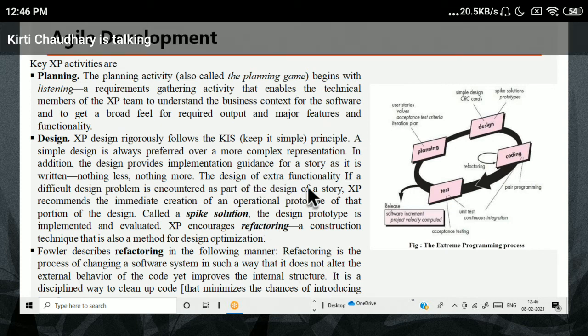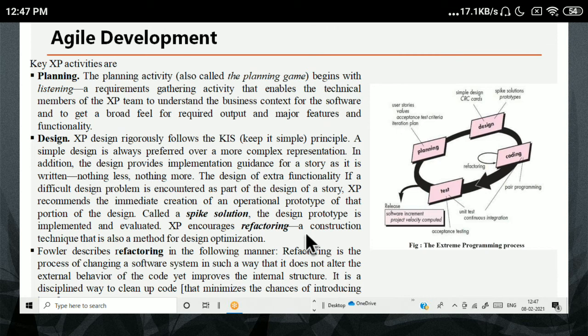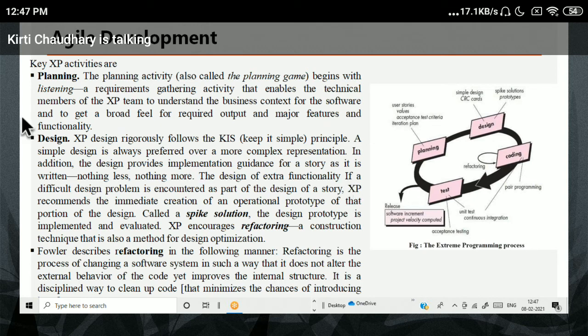The design of extra functionality, even a difficult design problem encountered. If any problem is encountered, then what do we have to do? We have to divide it into a number of sections. If a difficult design problem is encountered as a part of the design team,